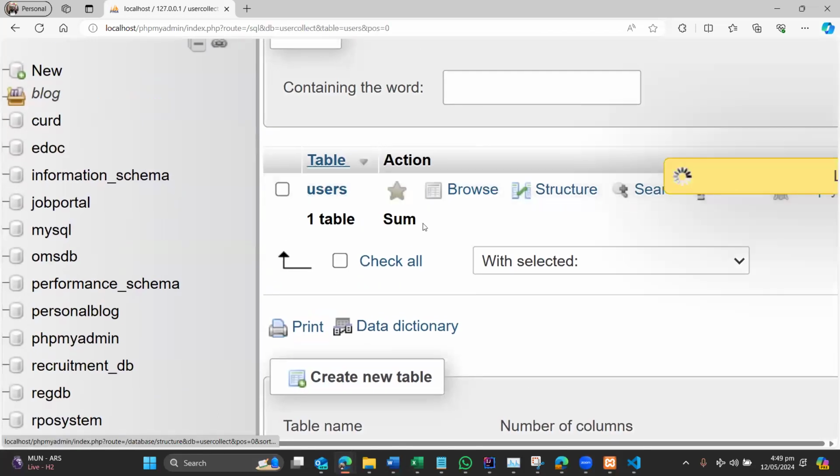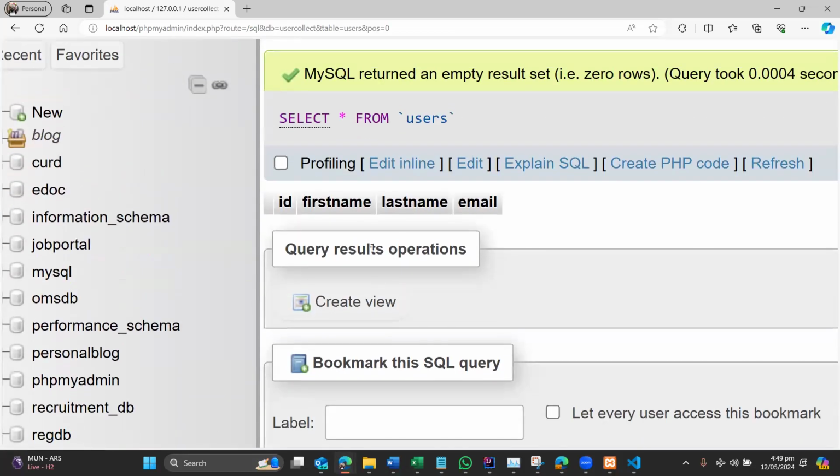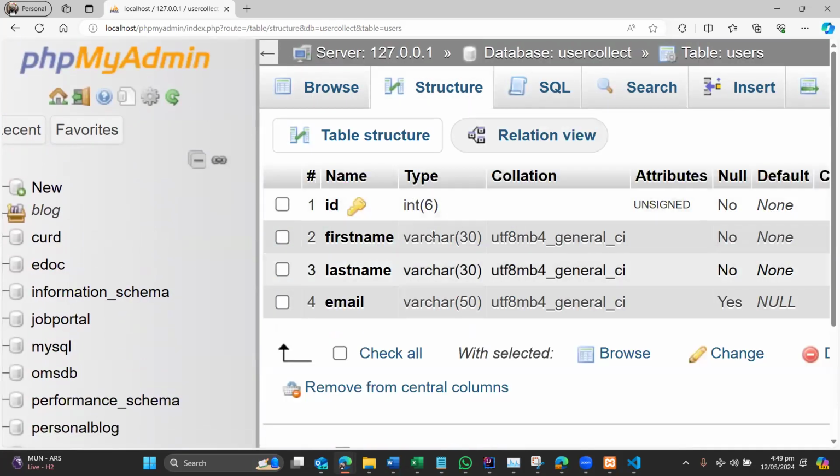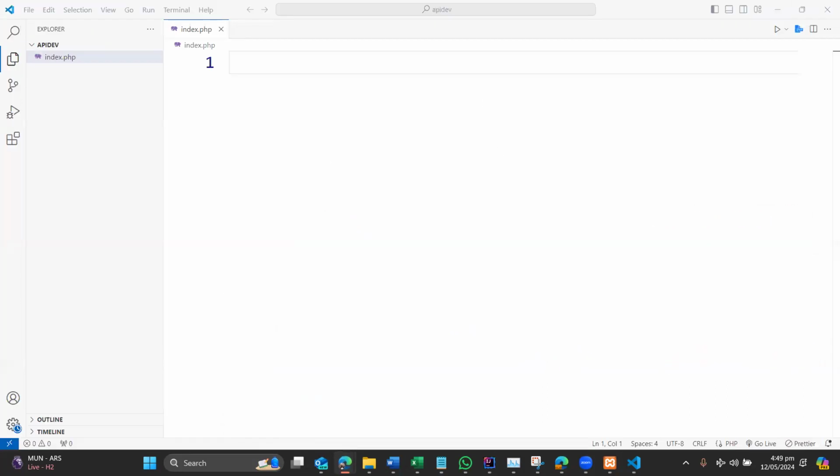When I click here, I can see I've created user collect. In there, I can see a table called users. And then I have my information here. I click on structure and I can see I have the structure of a database over here. So that's fine. I've created a database. The question is, on my form here,